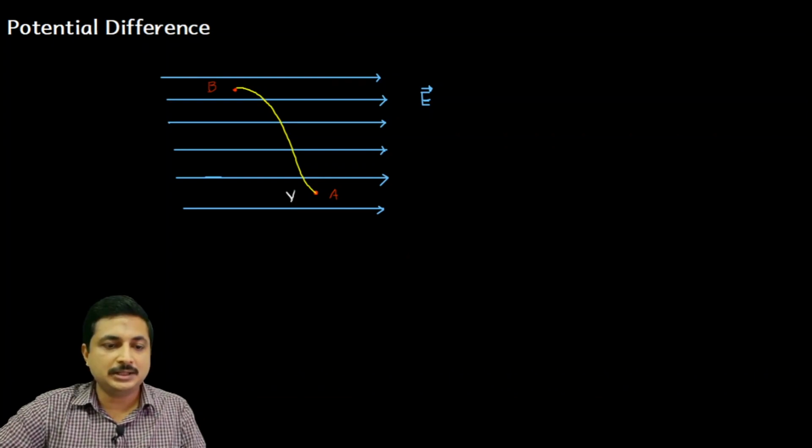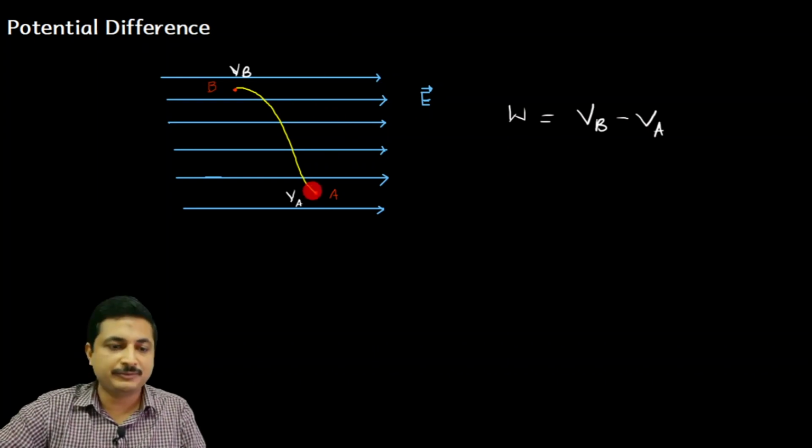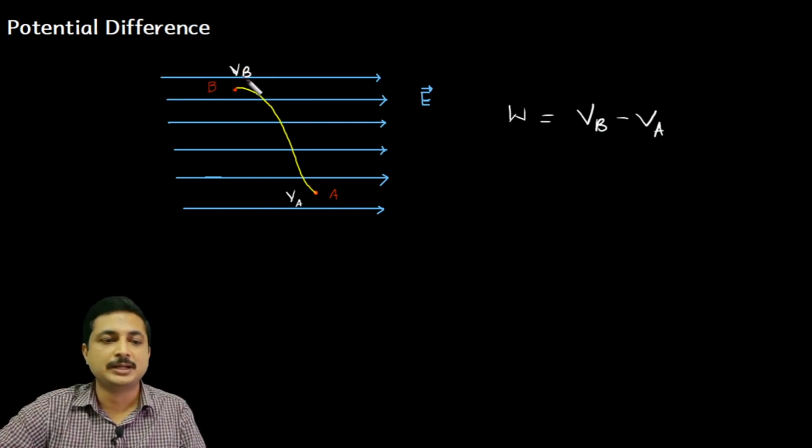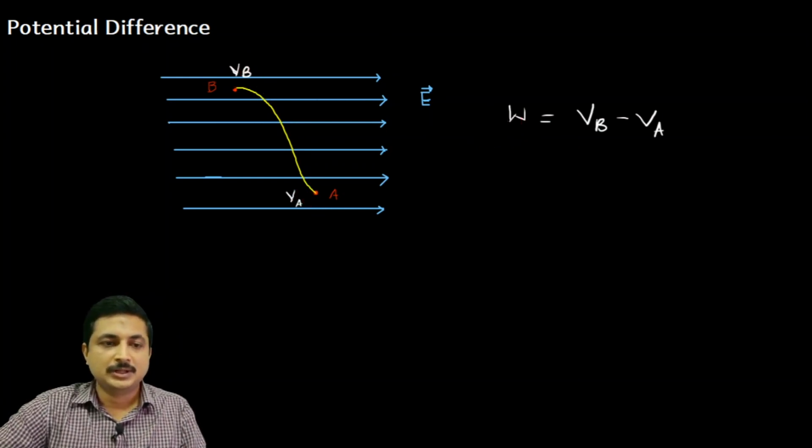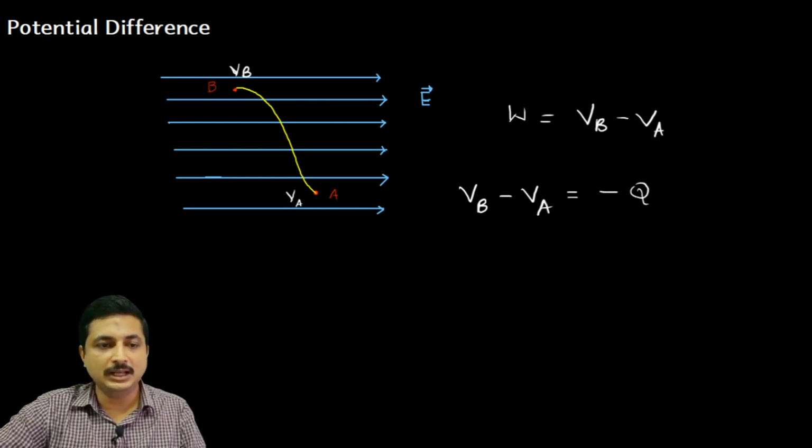So let the potential at A be represented by VA and the potential at point B by VB. Then I can easily say that the potential difference between these 2 points is the work done, that is, VB minus VA. Because I am moving from point A to point B, I consider this as higher potential, that's why I am doing some work to move it. So this potential minus lower potential will give me the work done. Mathematically, I write the potential difference in an electric field as VB minus VA, which is the expression of work done, that is minus Q integral A to B E dot dl.